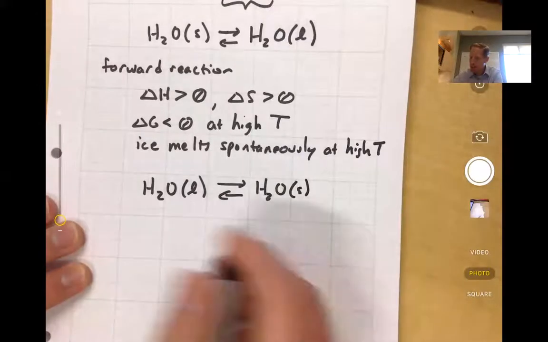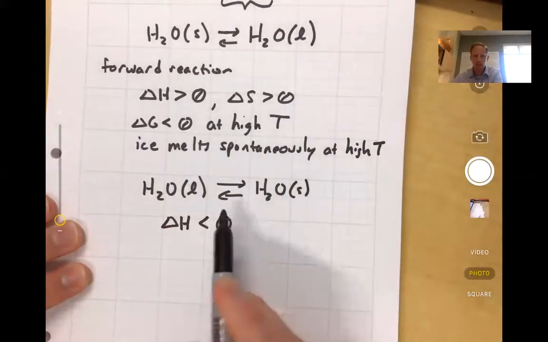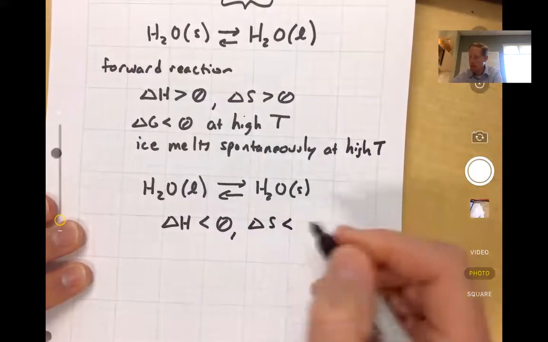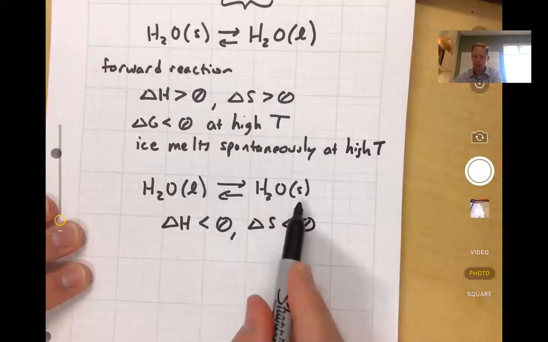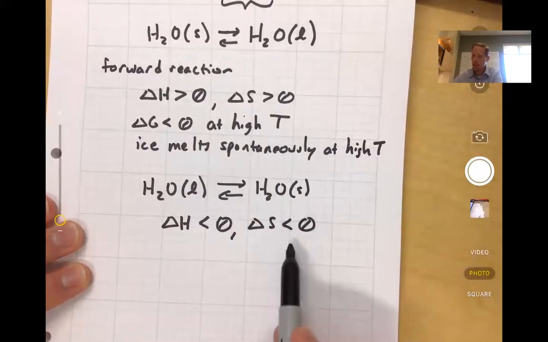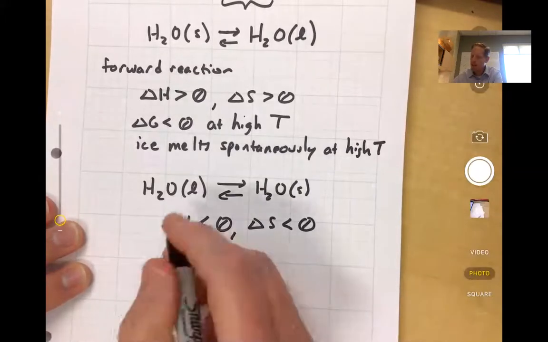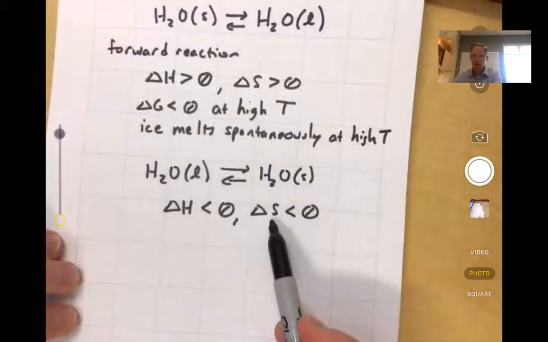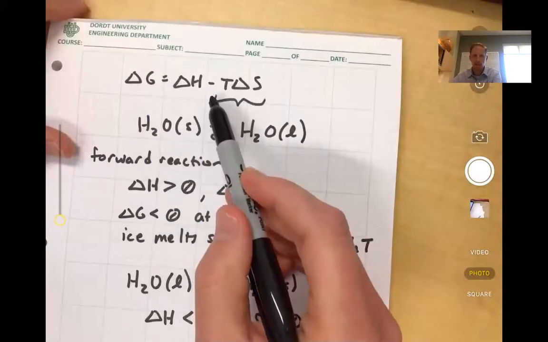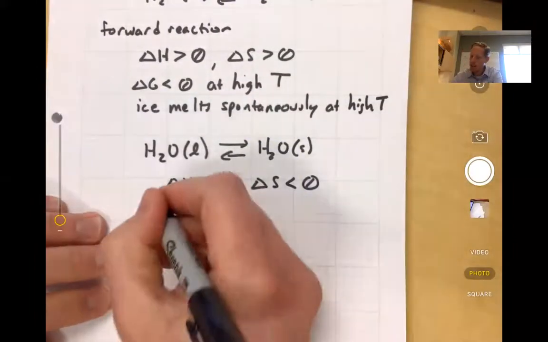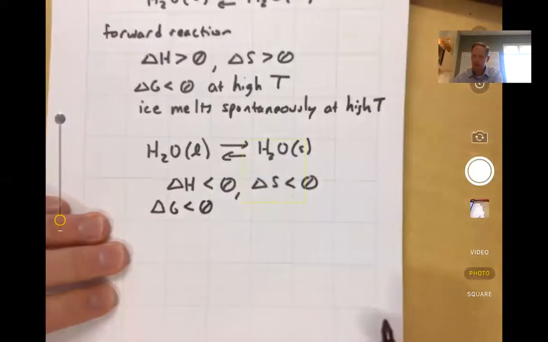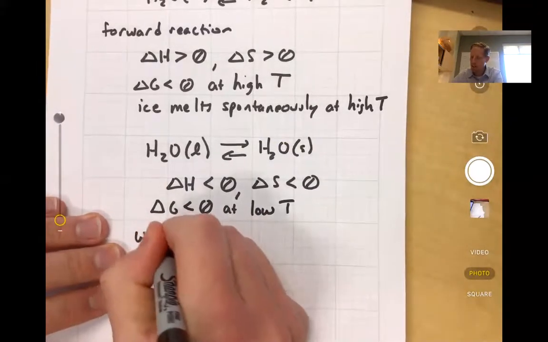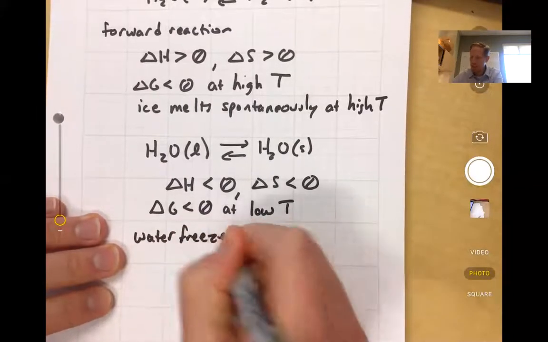Well, for the forward reaction here, our delta H has to be less than 0 because we need to lose heat to go from liquid to ice. And we are going to a more well-ordered system, less disordered, since we're going from a liquid to a crystalline solid. And so our delta S is also negative. And what we'll find here is delta H is helping us out. That's helping our delta G become negative. But delta S is working against us here because that will tend to make this term positive. And so we want our temperatures to be low. And so what we'll find here is that delta G will be less than 0 at low temperatures, which again is just a long-winded way of saying that water freezes spontaneously